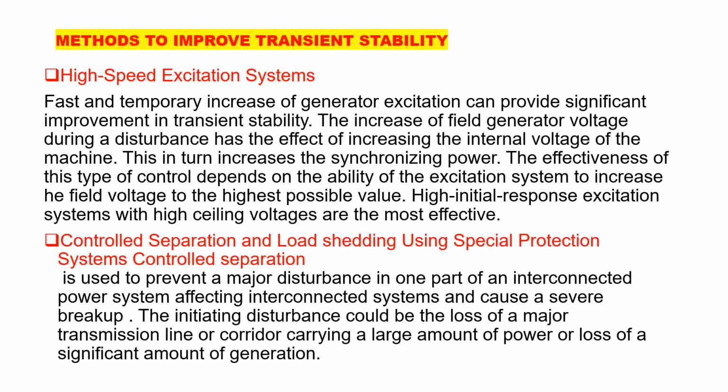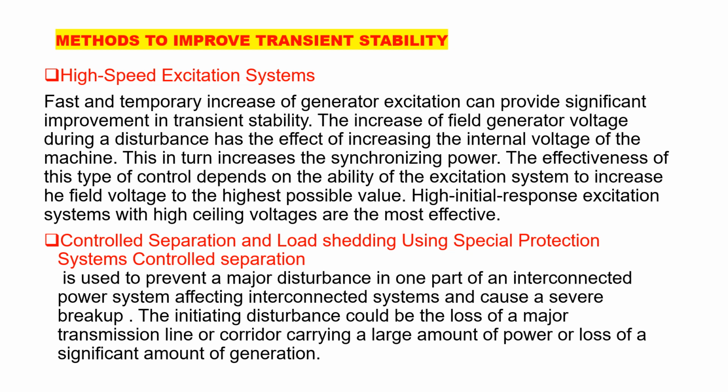So then you can also have the high speed excitation system. I have explained in the other lectures on the whiteboard in the classroom that whenever there is a large disturbance in the system, voltage goes down due to the fault, and it is not possible for the system to increase the voltage immediately using the excitation system. So if you have a very fast excitation system, then it will be possible to achieve the stability as soon as possible.